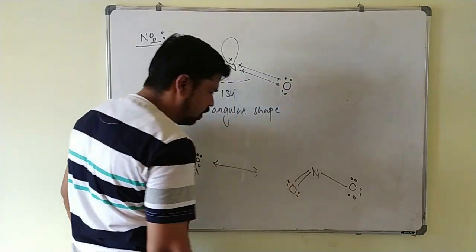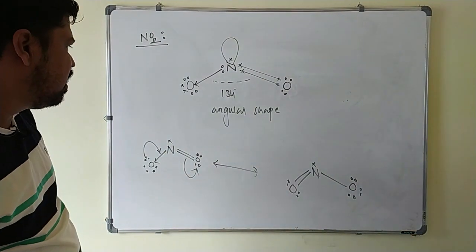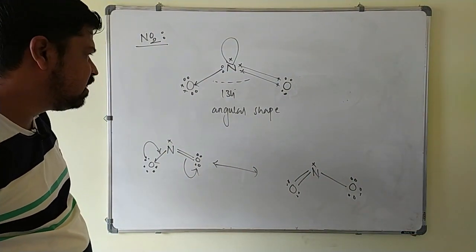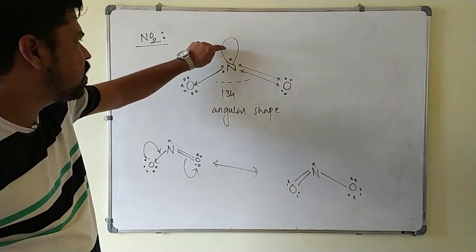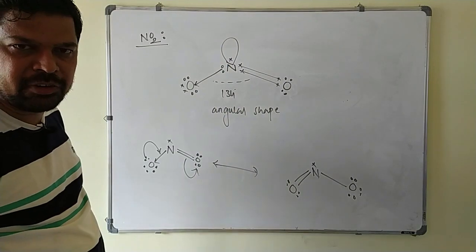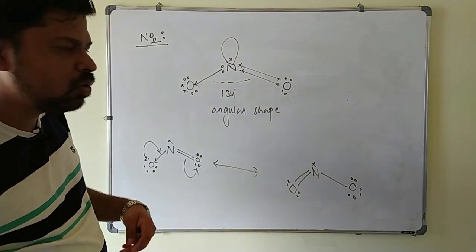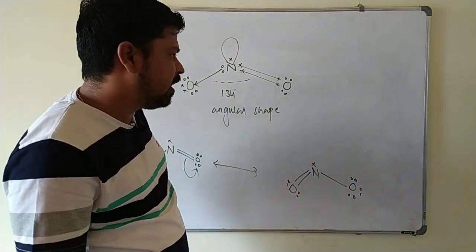Here you have to write only 4 electrons, and this is the lone electron on the nitrogen. A very important point about NO2 gas is that it is an odd electron molecule. Octet is not satisfied over the central atom, that is nitrogen. Hence this NO2 molecule undergoes dimerization to form a stable N2O4 molecule with an even number of electrons.